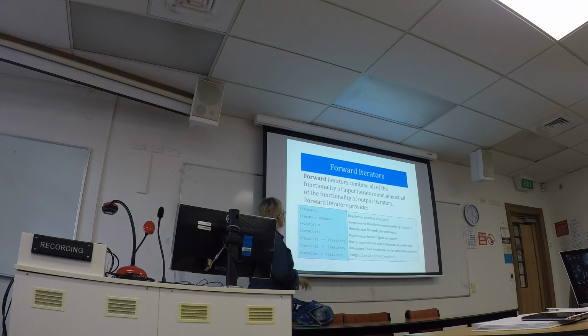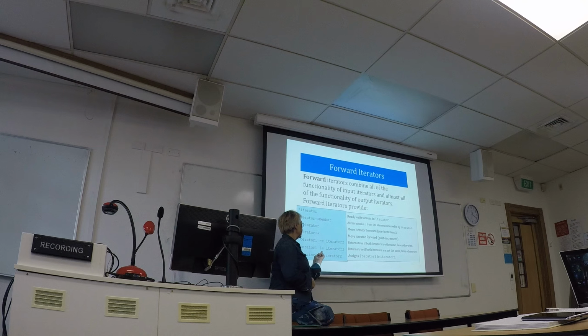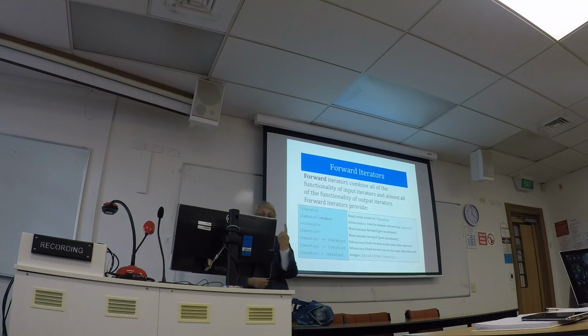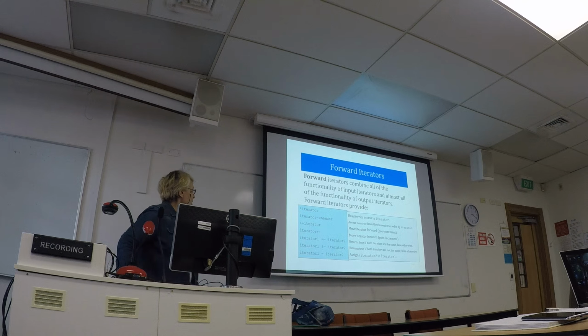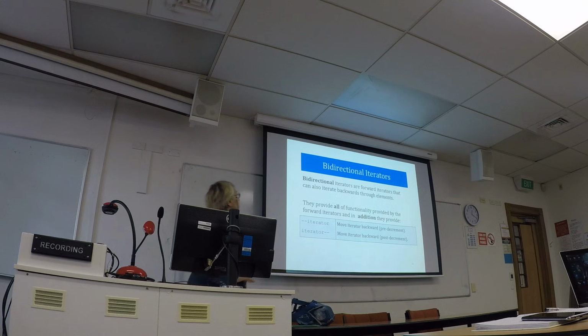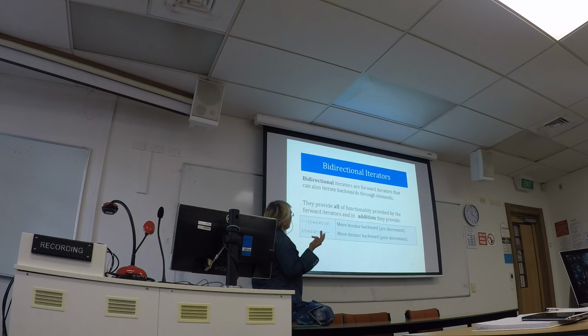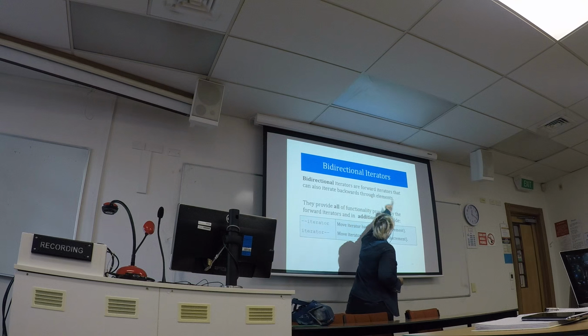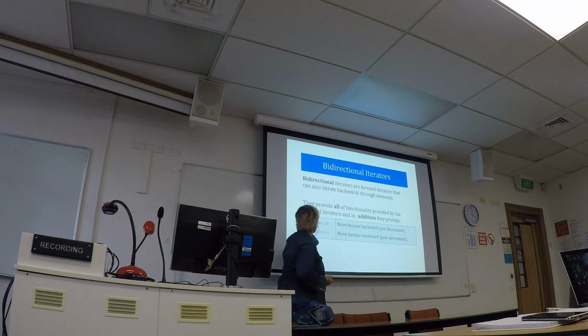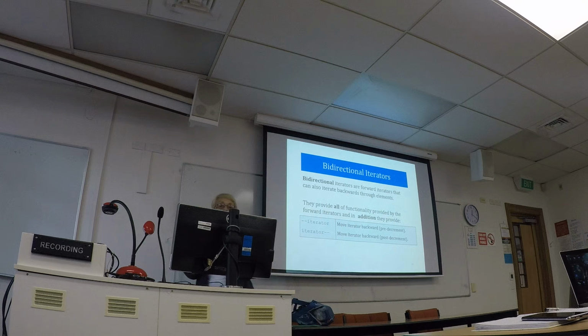On top of that, we can compare and assign between forward iterators, and these operators were not available in the input and output iterators. Okay. Bidirectional iterators come with all operations for forward plus the option, the power to move